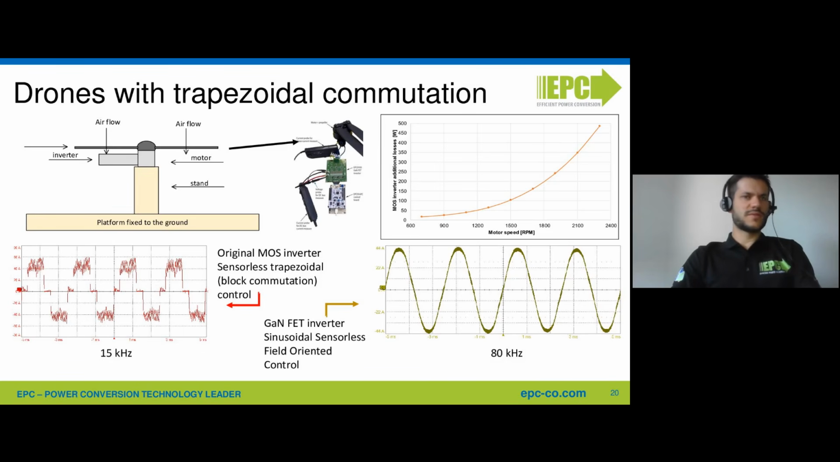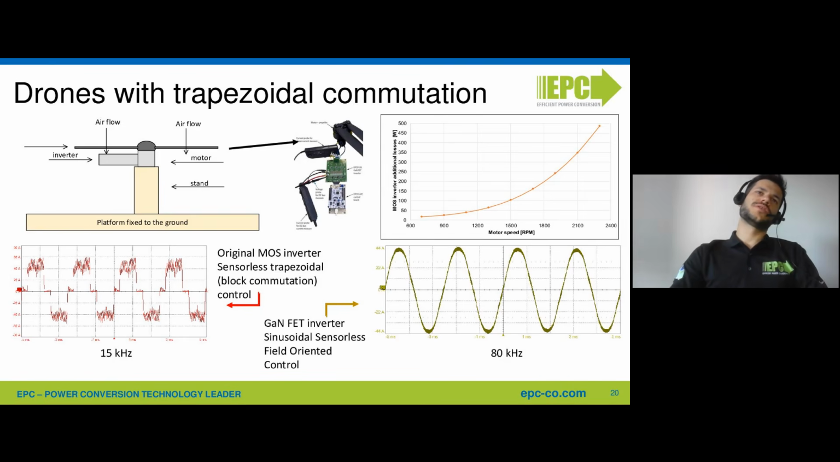So this efficiency improvement is given by two factors. The first factor is given to the fact that the gallium nitride inverter used sinusoidal excitation, while the MOSFET inverter used trapezoidal excitation, so 6 block commutation excitation. And this is not only related to the gallium nitride technology, it is related to the modulation. But what is the peculiarity of the gallium nitride inverter is that